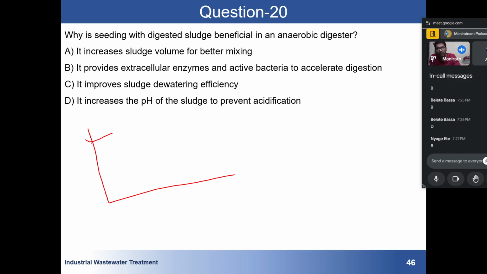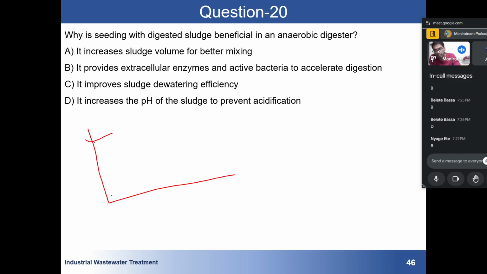In a digester we have this much carbon and we want to reduce it. In a simple process, first there will be some initial bacteria. First it will populate, then the bacterial population will increase, then it will start